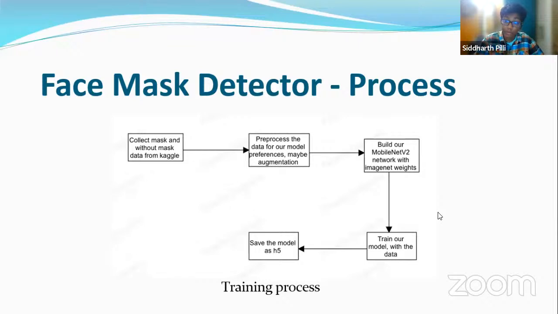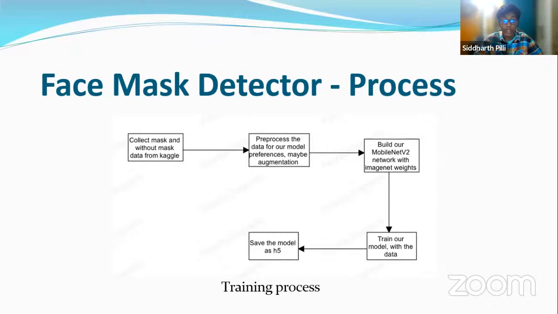So I'll just explain the entire process out there. So fine, the first part comes to the training. Now remember guys, when we want to implement a machine learning algorithm, we need to first start off with data. So I basically found this amazing data set from, I believe, Prajnava. I'm so sorry if I'm pronouncing the name wrong. I'll try including it in the GitHub as well. But yeah, I basically got this data from GitHub from Prajnava. So the first part is let's collect data of people with mask, and I mean basically images with mask and without mask from a data source. This can be GitHub or Kaggle.